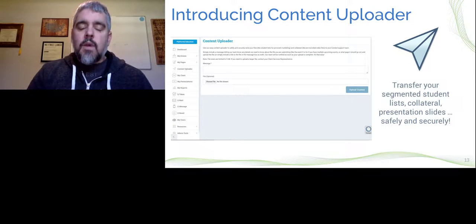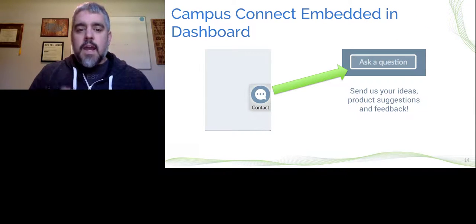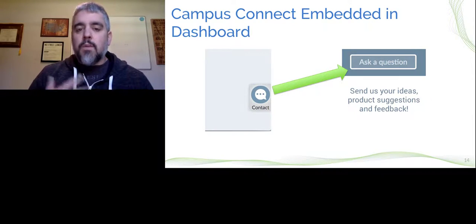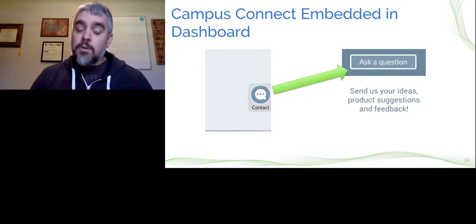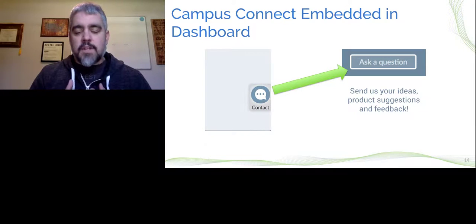One of the other things you might notice when you log into the platform is, in the lower right-hand corner, there's a new contact icon using our Campus Connect chat widget embedded into the dashboard itself. We've taken one of the tools that's available for you to embed on your website on various pages to collect inquiries from prospects and host live chat events, and we've embedded that on the Conduit dashboard.